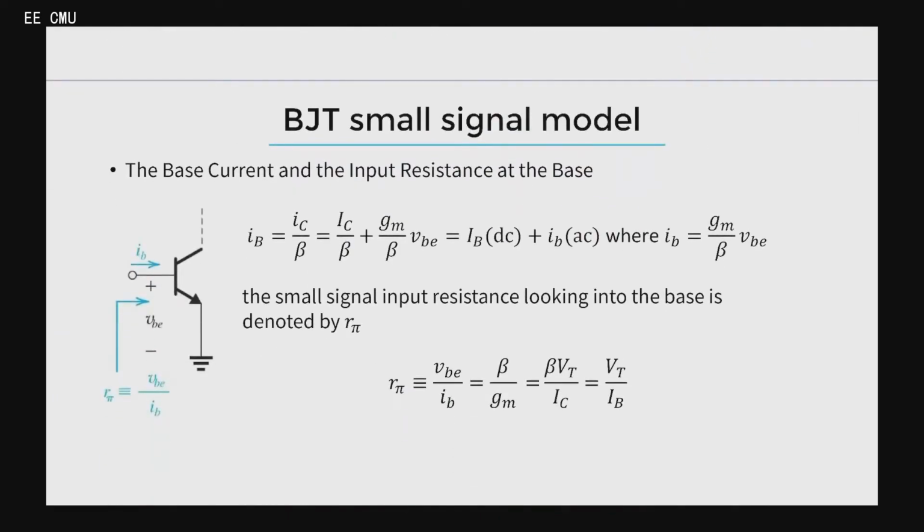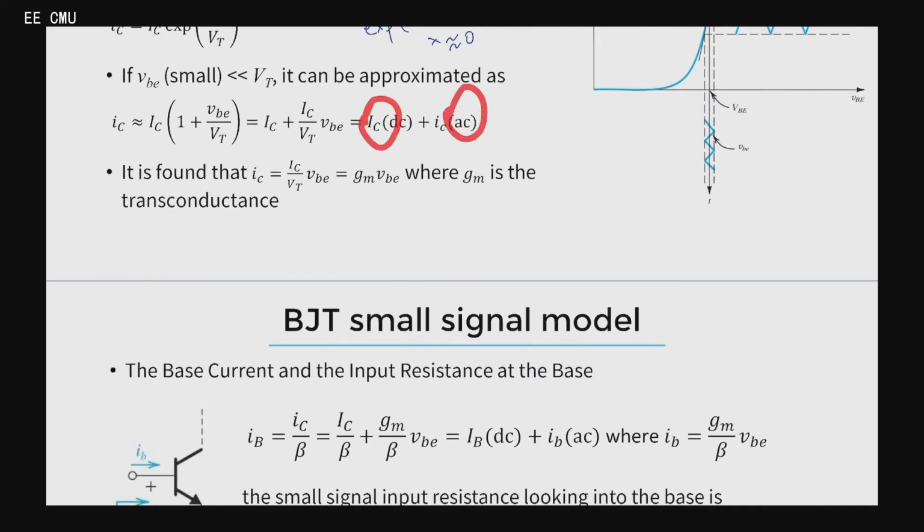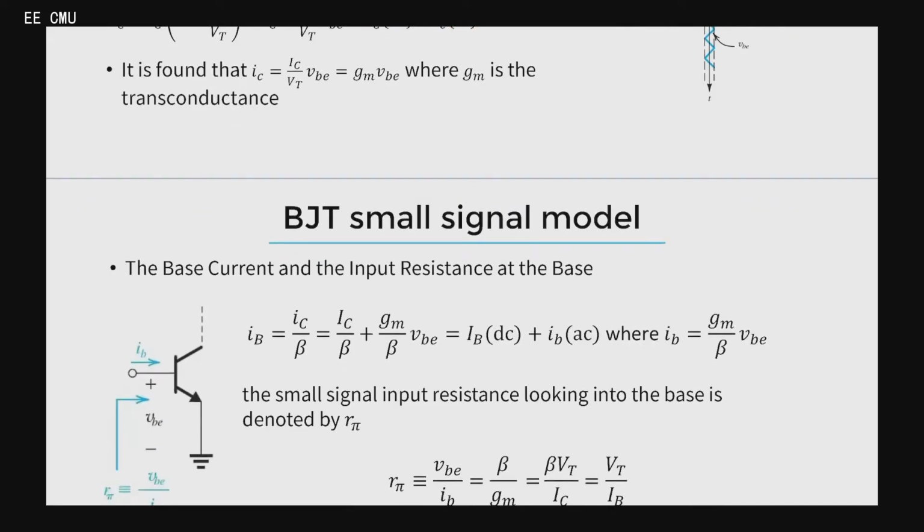After that, we know the relationship between the base current and the collector current, IC. And we can use beta because we have to ensure that the BJT is in the active region, right? That's when we can use beta. And we know that IC consists of two parts, right? Like the DC and AC parts above, so we just substitute the values in. We can see that this is the DC base current. But this part here is the AC base current. So we get that this AC signal base current is equal to this value.